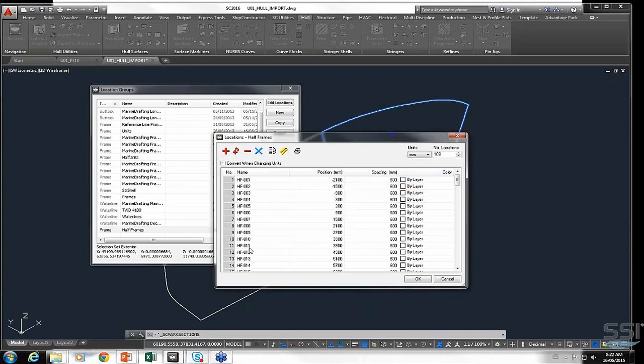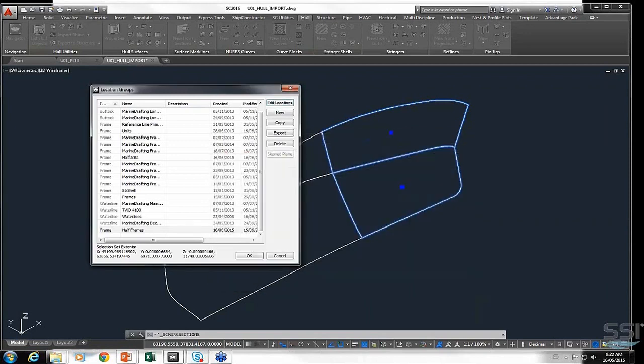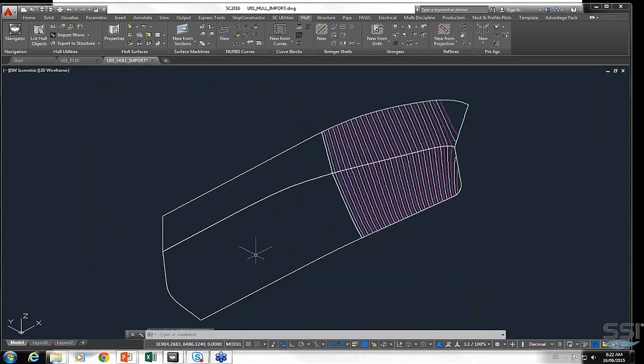Go OK. Now we can see that they're named something that's a little bit more logical for us in this case. So now we'll select the frames and the half frames. Go OK. And we can see how they're set up. So once we've done that, now we want to actually extract the information. Kind of looks like a candy cane. Anyway,